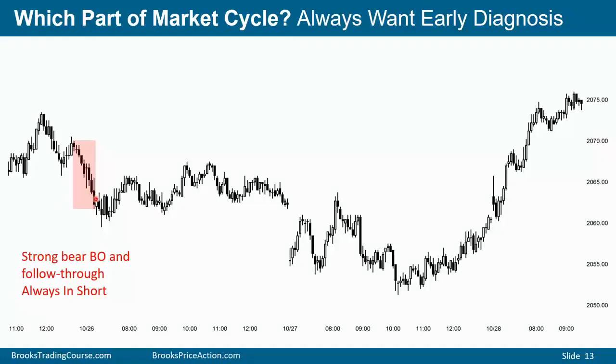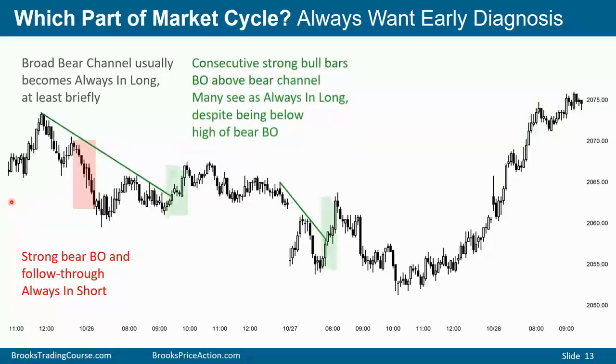The bears have a fairly tight channel here, so it's a breakout and pretty good follow through bars. The market's always in short. In here, it's a tight bear channel. However, the market becomes probably always in long here or here. And again, same thing here. We're selling off. We have a lower low major trend reversal, pretty good reversal up. The market's probably always in long somewhere here.